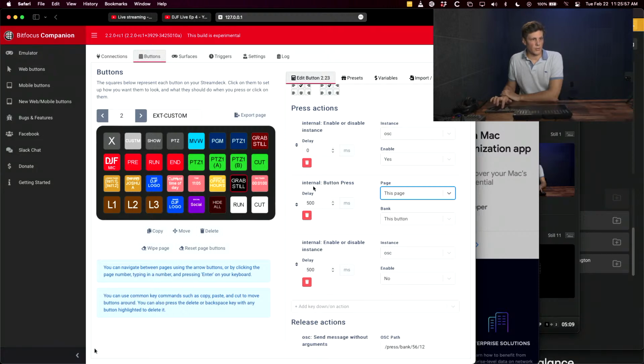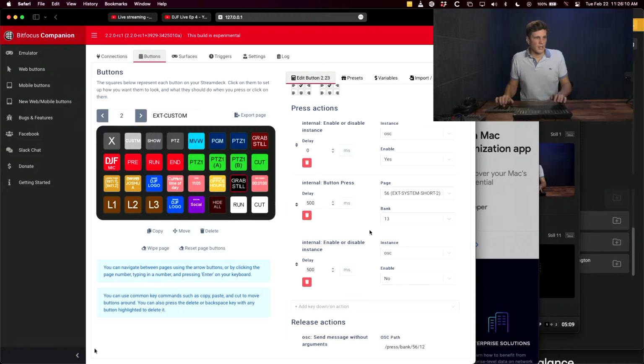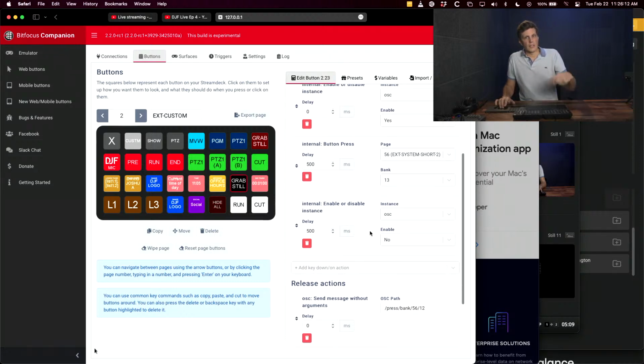It's going to, after half a second, run the long press action, which is this 500, which was page 56, and this was button 13. But if I release my finger before half a second, so if I do a short press, then